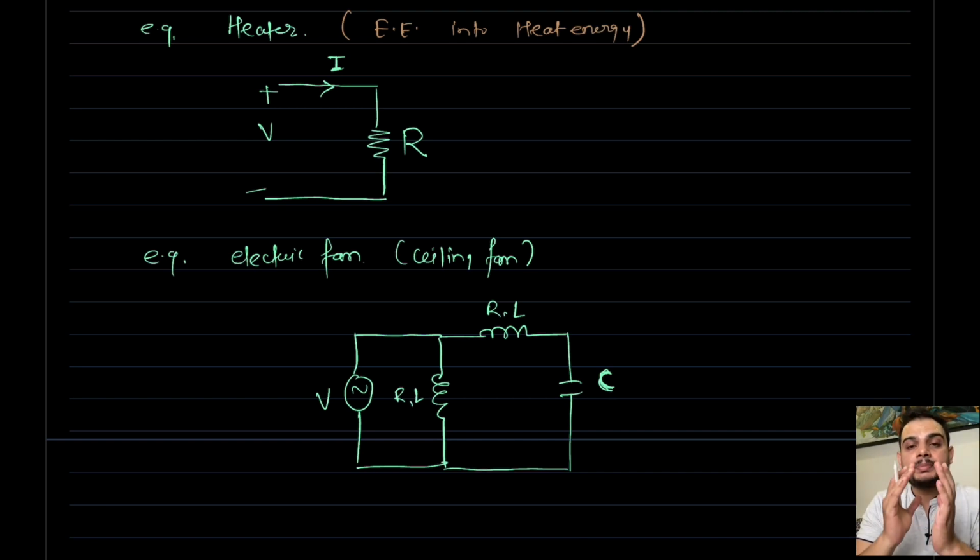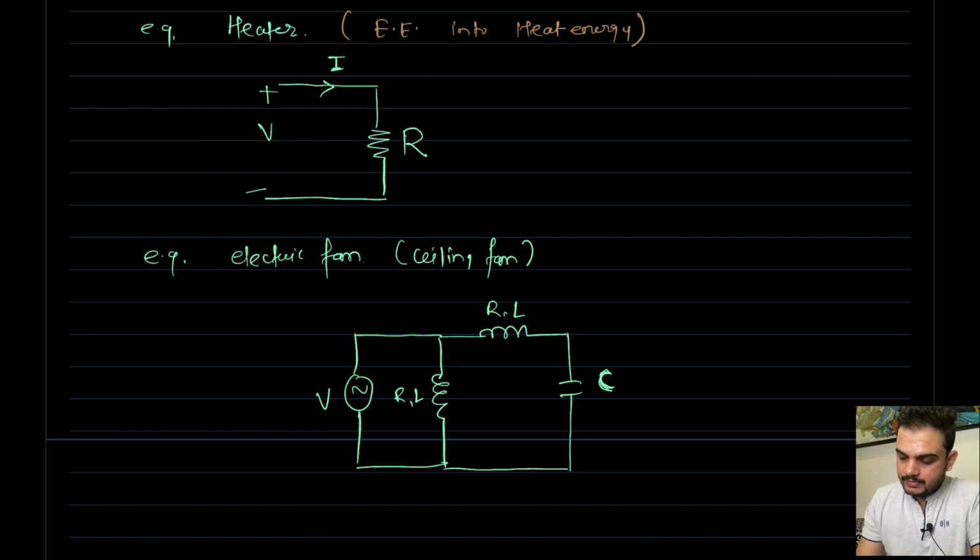Now to represent that energy conversion, we take the help of an inductor. The presence of an inductor is nothing but the presence of a magnetic field or reactive power. The resistor represents active power and the inductor represents reactive power. Without reactive power, there won't be any energy conversion from electrical to mechanical or mechanical to electrical. So to represent that energy conversion, or the magnetic field inside the single phase induction motor, we are taking the help of an inductor.